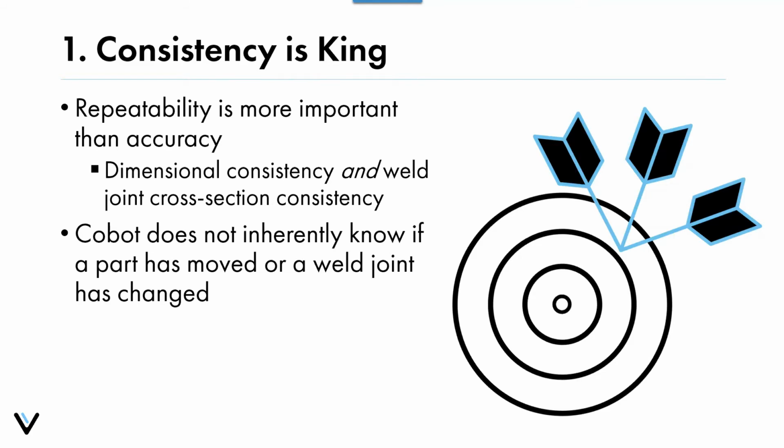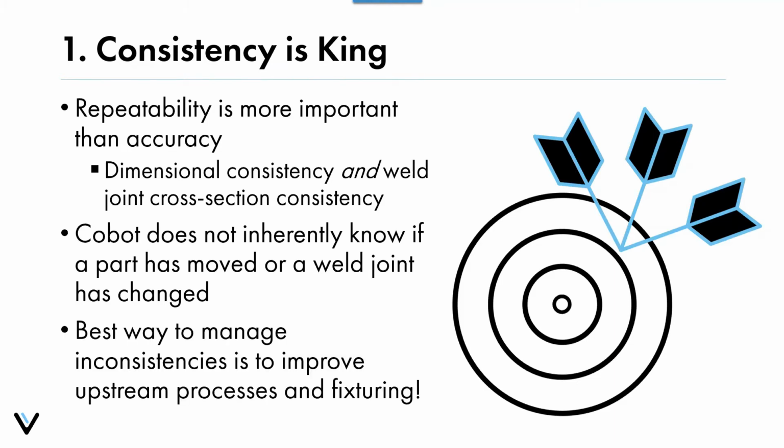A cobot or a traditional robot is not going to inherently know if a part has moved or the cross-section of a weld has changed. And the best way, honestly, to manage inconsistencies is to improve upstream processes and fixturing. And I think one of the things that has really enabled more welding in more shops has been the advent of more lasers and CNC brakes and just computer-controlled parts in general, right? And so